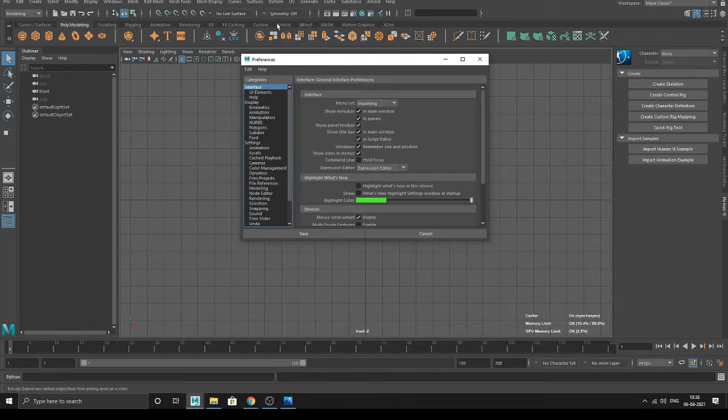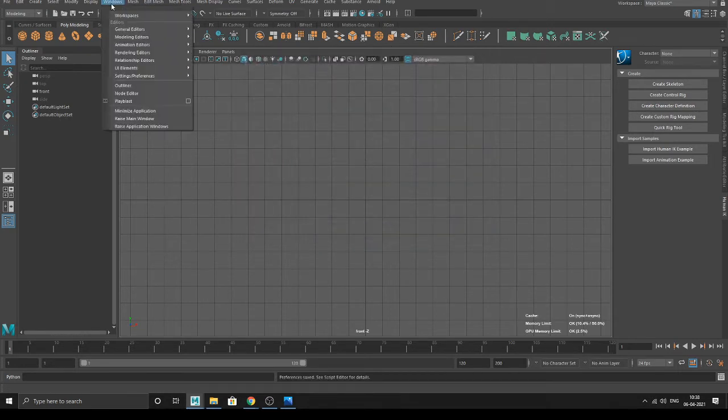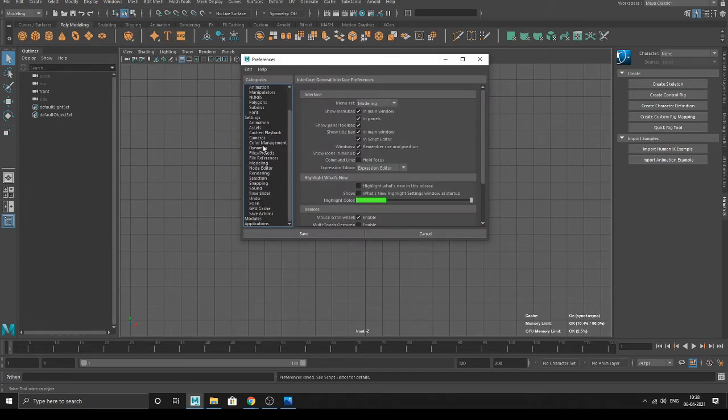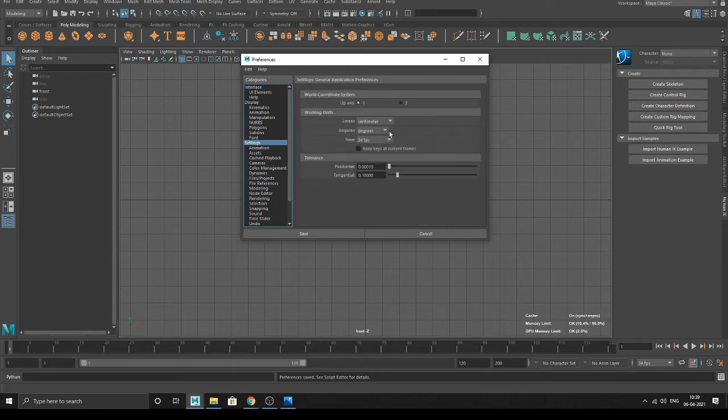This is the preference dialog box. When it opens, you have to search for the Settings option. This is your Settings option. Now you can see the working units. It is written Working Units.